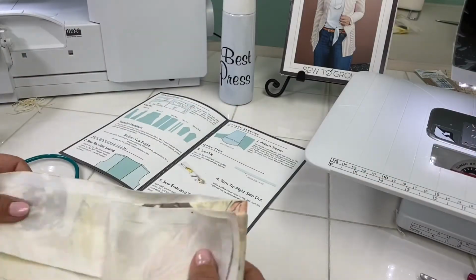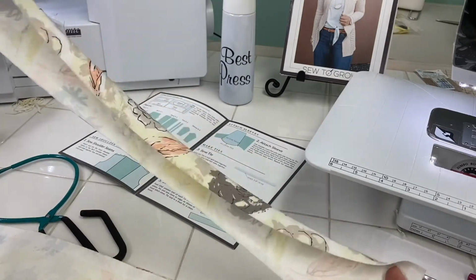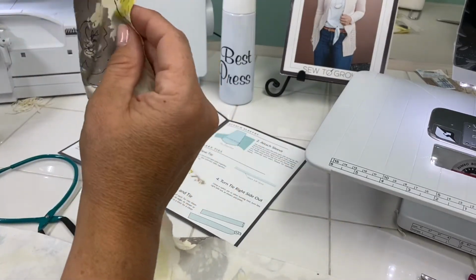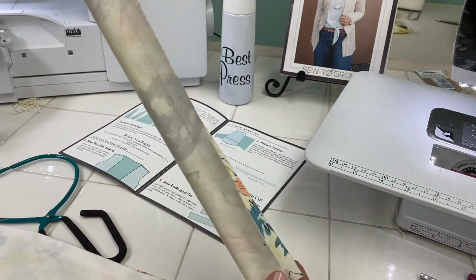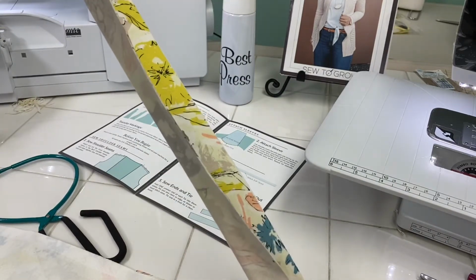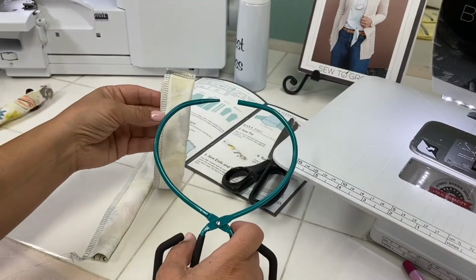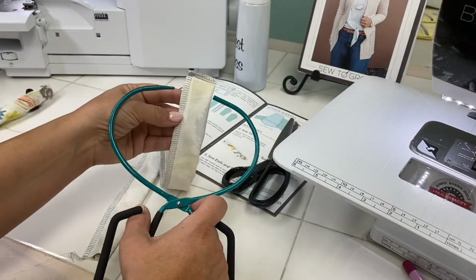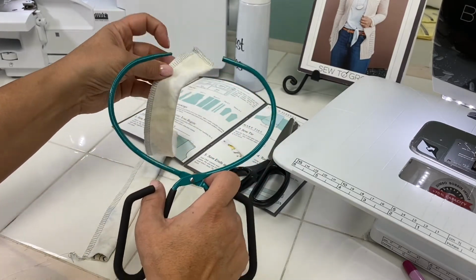If you'd like to add the ties, this is the time that you will sew the ties. They're going to be long strips. You'll sew them right sides together along the long edge and then turn them right side out. So I'm going to do that to both ties. Once you've sewn your tube, the pattern says to leave both ends open. On my example, I actually sewed across the end so I have a finished edge,